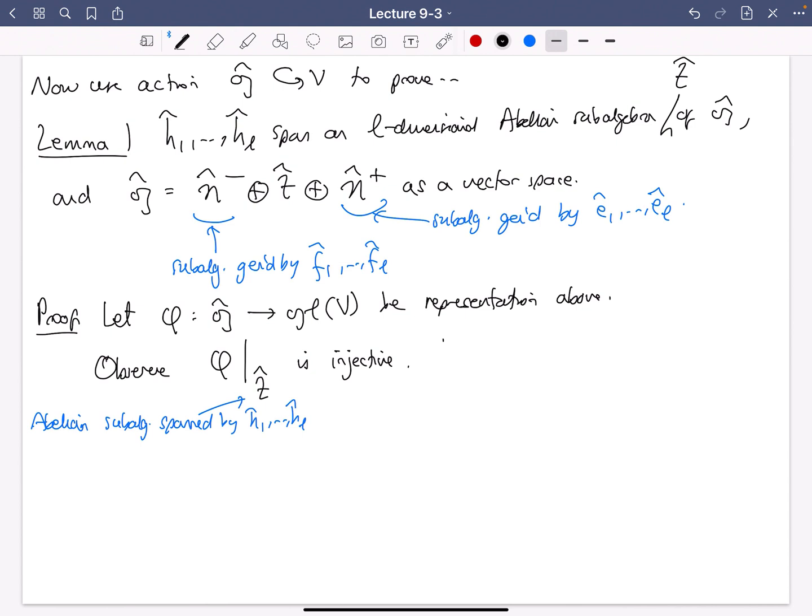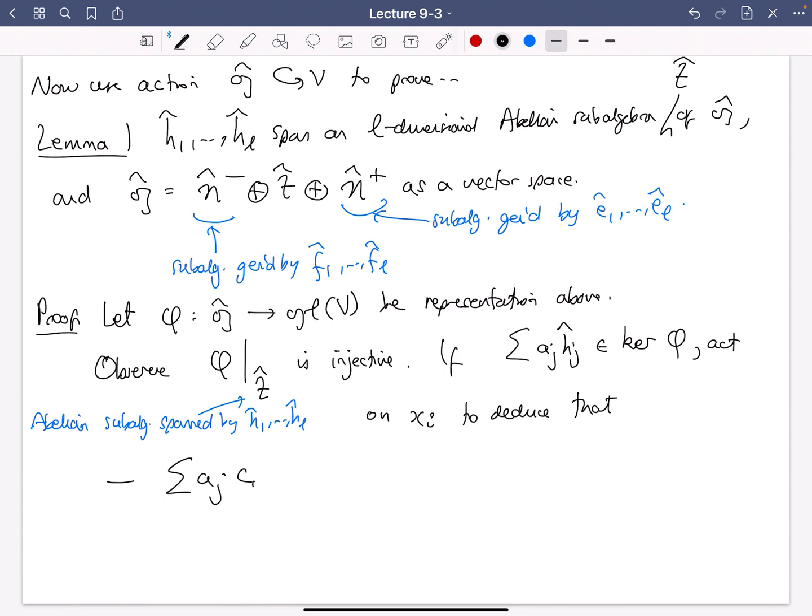Well, let's see how we do that. Let's say you've got something in the kernel. It'll be some linear combination of those spanning vectors. If that's in the kernel of this Lie algebra homomorphism, all you do is act on xi. The way hj hat acts on xi, it's just an eigenvector, so hj hat acts on it as cij, and then you just get that multiple of xi. So you deduce that this is 0 for all i. There's not really any point putting the minus out the front there. But right here, this is the Cartan matrix,